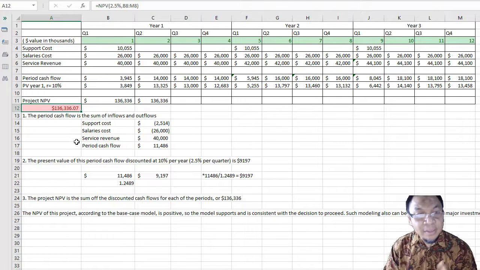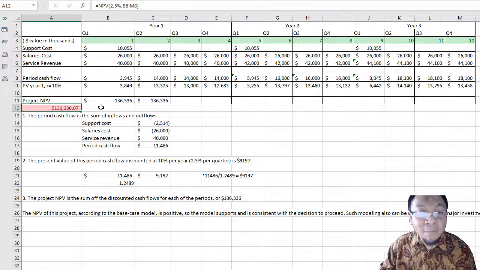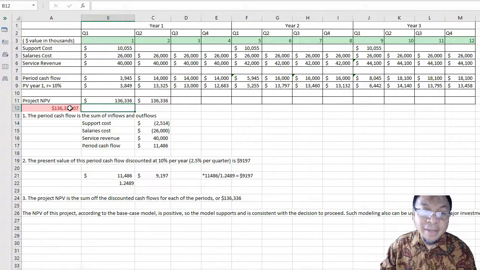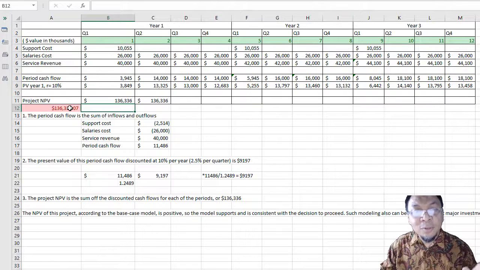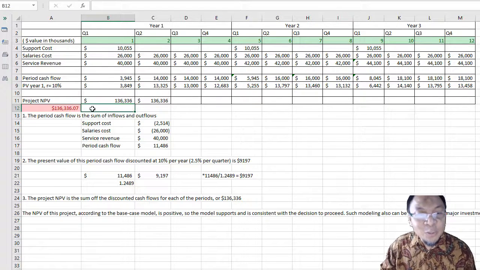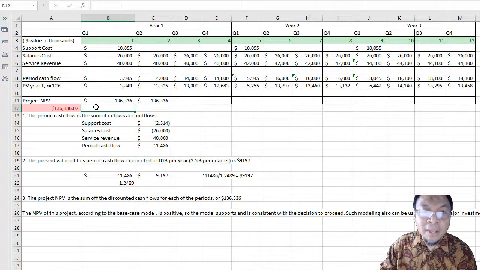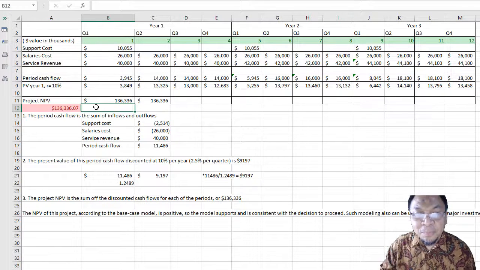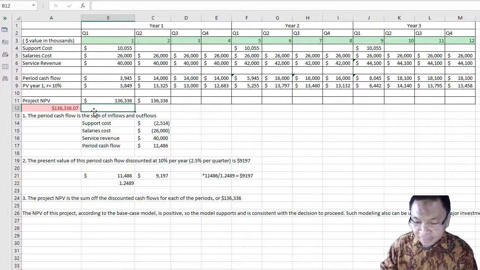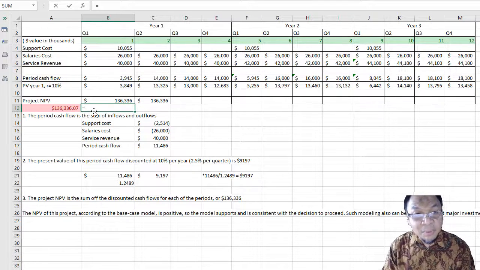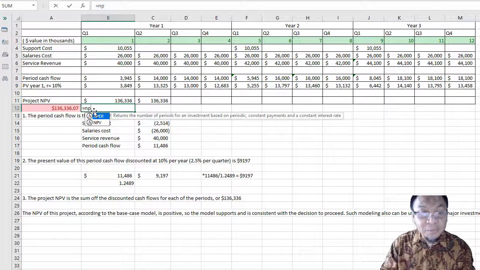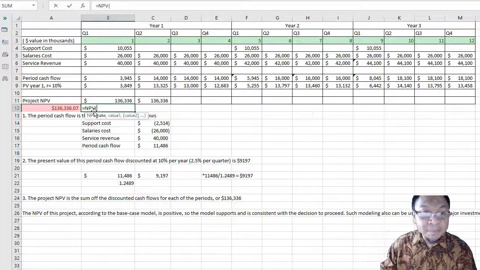Okay, last but not least, if we are at the first quarter, rather than at period 0, the last quarter of year 0, so actually we are at Q1. Okay, so how do we calculate the net present value? Whenever we are at Q1, the net present value is NPV. Okay, so we select this